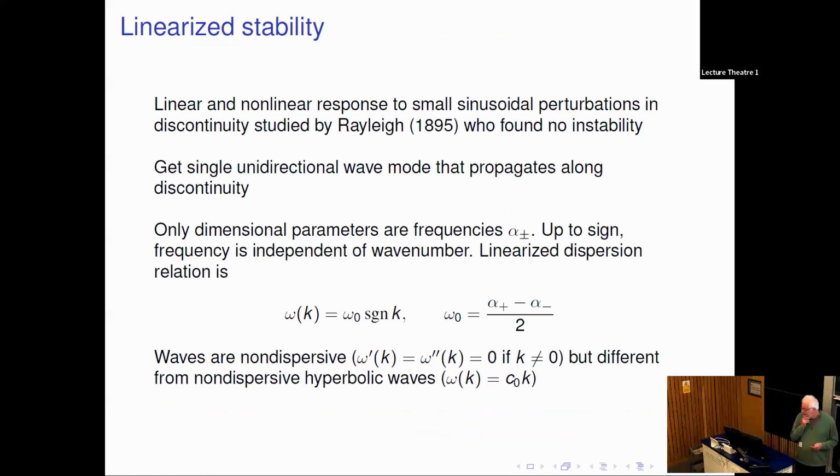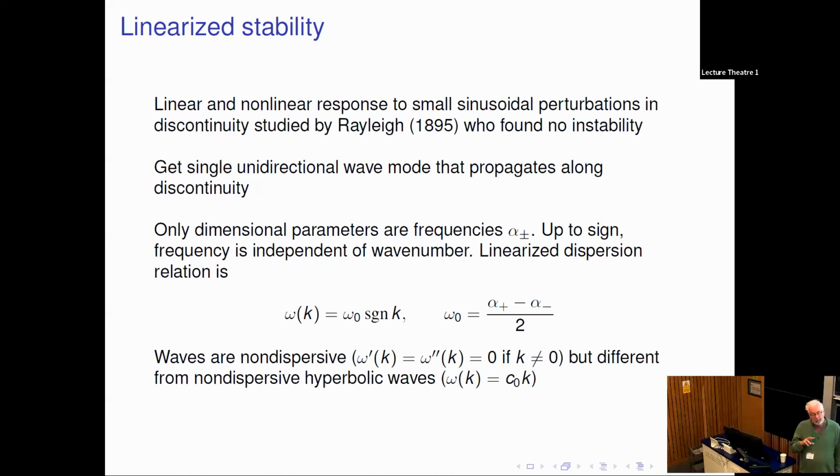So as I said, these discontinuities are linearly stable. Rayleigh, in fact, looked at this problem in 1895, I think, first, as part of his program of stability of shear waves in Euler. He did both a linearized stability in a channel, and then he also looked at the nonlinear stability, and I'll make a comment about that in a little bit. And of course, he found everything was stable. At least, not asymptotically stable, but at the linearized level.